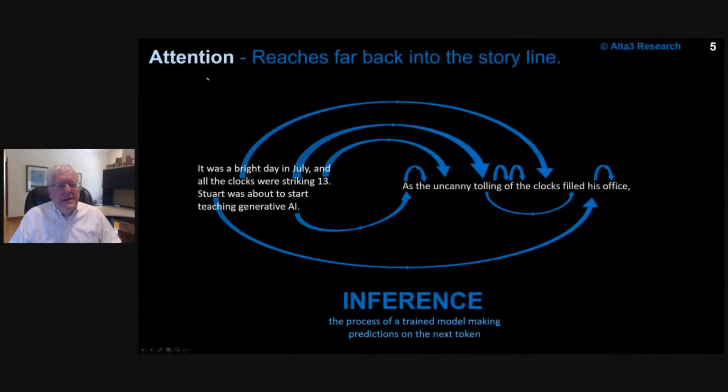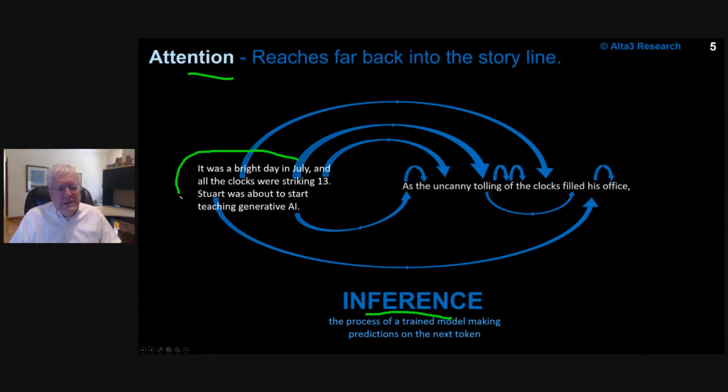So let's go back to the attention process, or how a transformer will do a thing called inference. I gave you this little example that I just typed in, sort of with an Orwellian flavor to it, in the striking 13. And the transformer started inferencing. So it said, okay, the next word should be as. How did it determine that? Well, it just looked at the whole phrase, and in its 1.5 petabytes of information, it said, well, based on what I've seen here, the next logical token for me to use is as, and followed that, the.